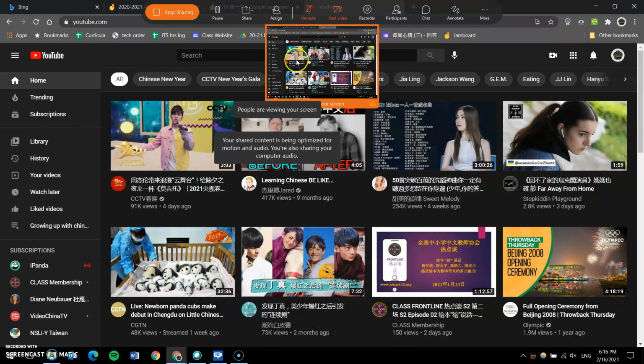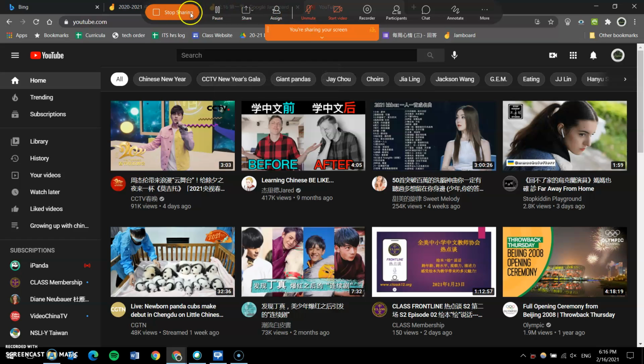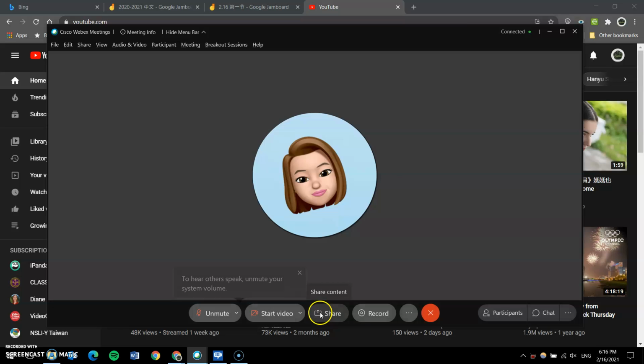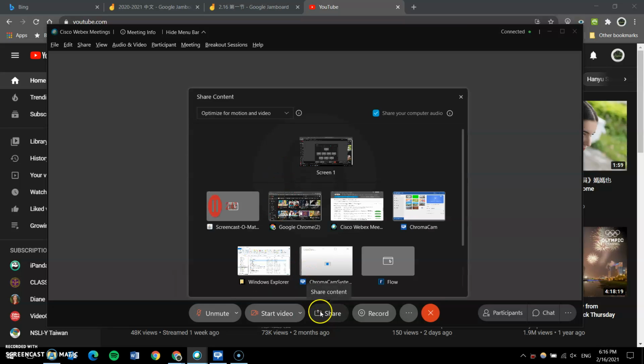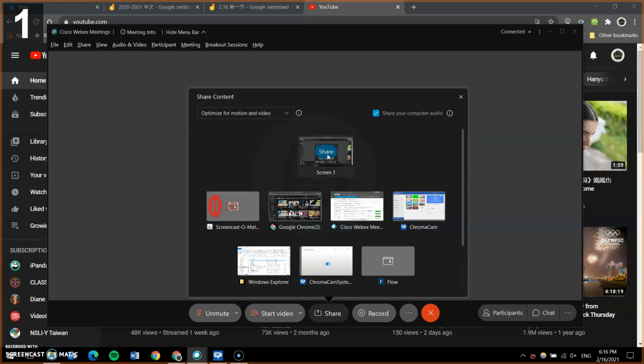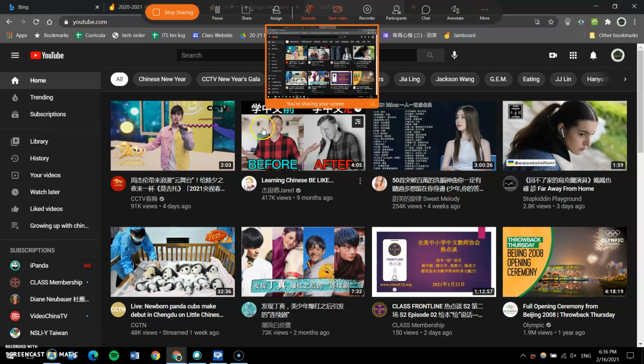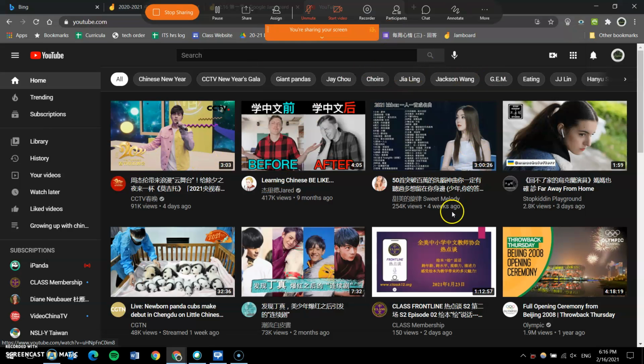So if you notice, that was flashing a little bit. So what I like to do is I usually like to just click stop sharing, and then I'll do it from the top. So then I will switch back to here where I click share content, and then I will click here, right, optimize for motion video, and then again I will click share. Okay,